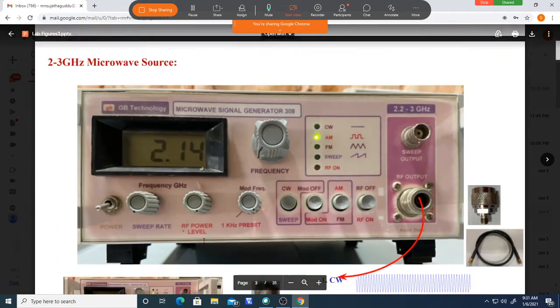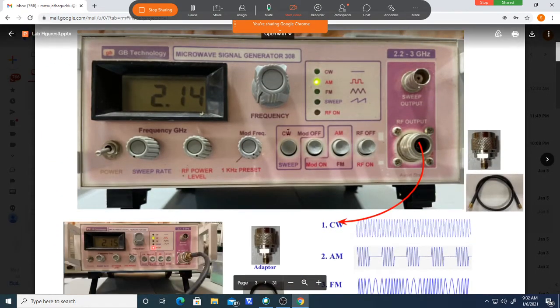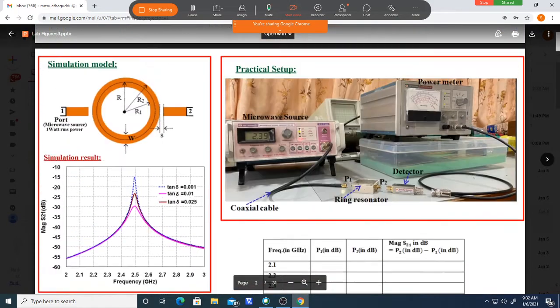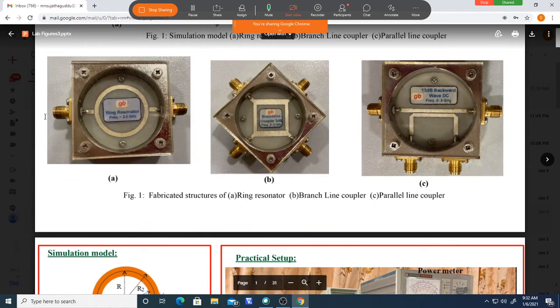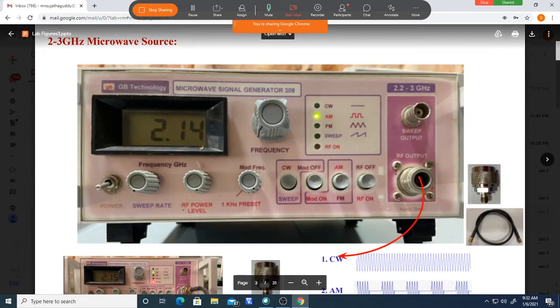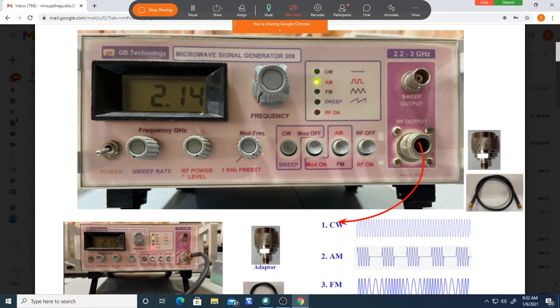But what is the power coming out of this? Here we have a structure. We have to connect the source to this structure, but how do we connect the source to here? From here you can take the output. This is the output that is available from this. You can take the output here.